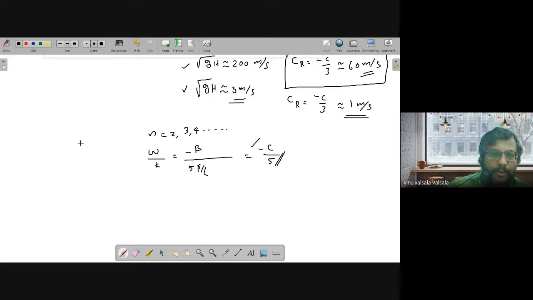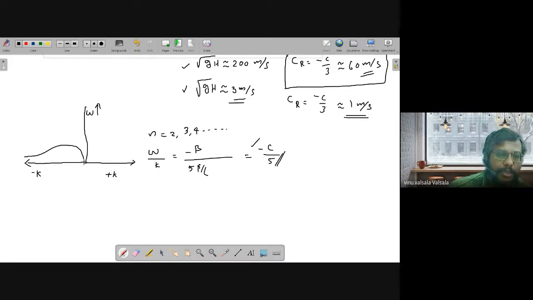Now if I draw the wave number frequency diagram of such waves, I can always draw the axes. This is my frequency axis W, and this is my wave number axis, plus k and minus k, because the dispersion relation is nothing but a relation between W and k. So these equatorial Rossby waves are going to have a dispersion curve something like this. This is n equal to 1, and other modes n equal to 2 and n equal to 3, like that.